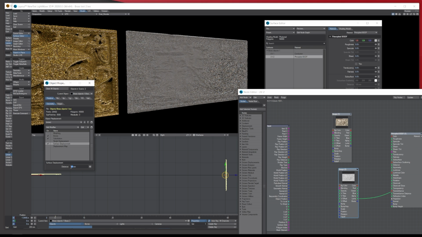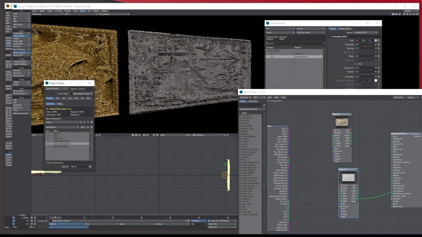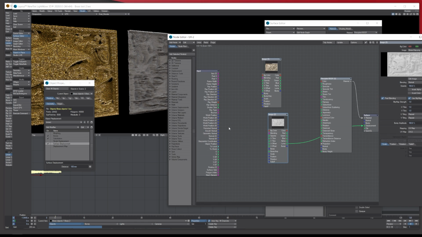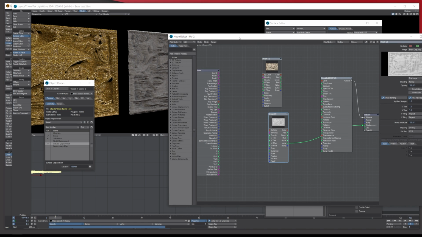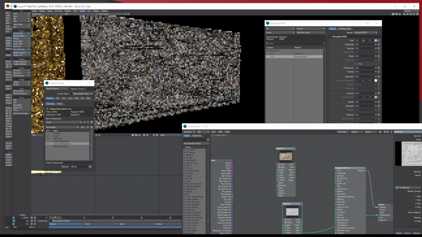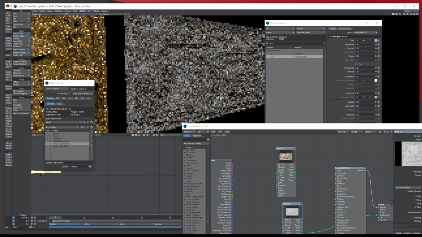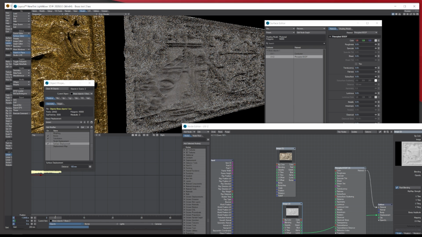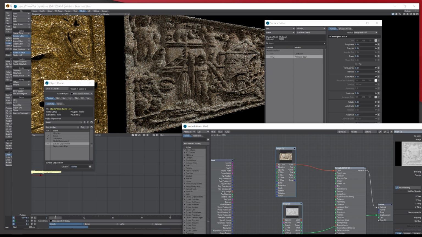So let's tell it to be 100 mil, and what it's doing is pushing that through using that displacement map, and coming through like so. If we come in a bit, what you'll see is this is actually all the polygons being disrupted using the image, the positive and negative of the image, to pull it through. Then all we need to do is bang the colour back in, and then you've got it.